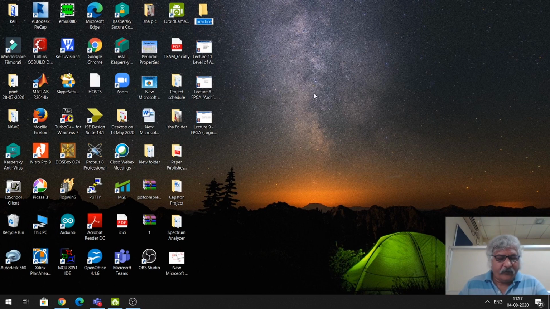I have created one folder here. The name of the folder I have given is some lab. Now I will open the software through this icon, ISE Design Suite 14.1 version.